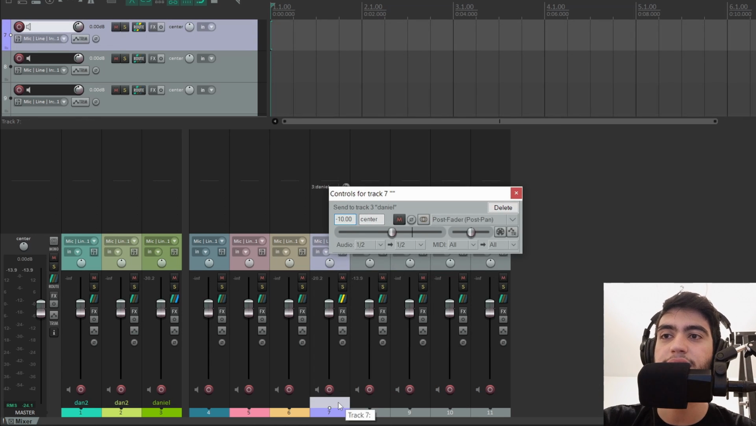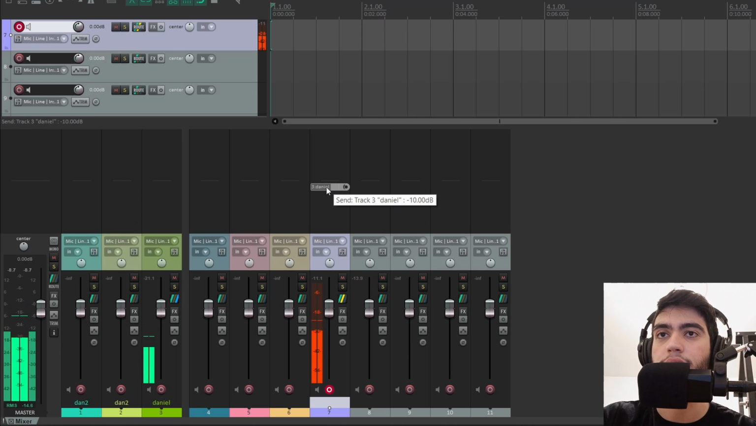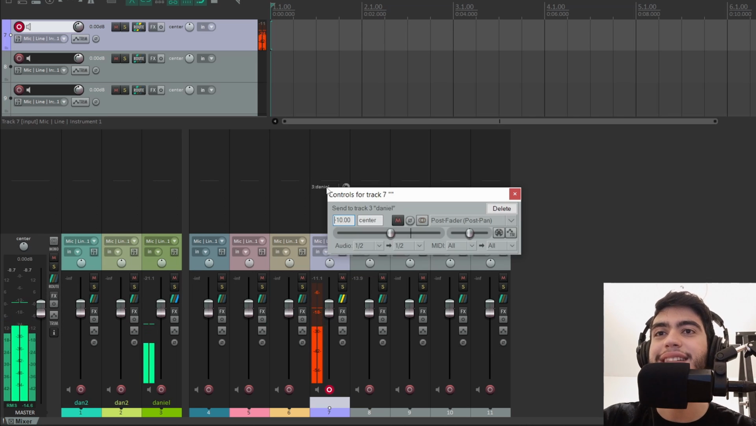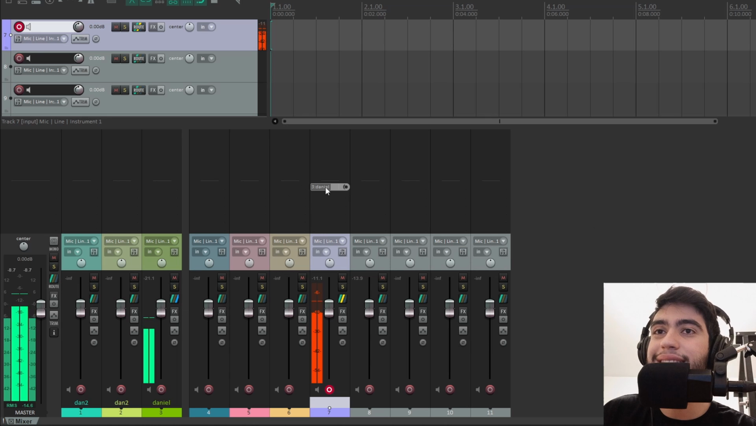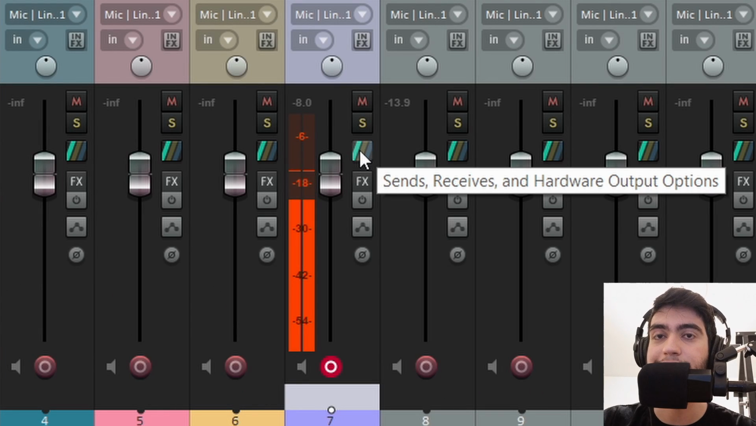That track number 7 is going to the track called Daniel. If I arm the track and I speak into it, here you go, you can see the signal going into that track. I'll remove that by pressing Alt and clicking on it, or you can click on the send and hit delete. An easier way to do it, I can grab that square that is colored, that is for the